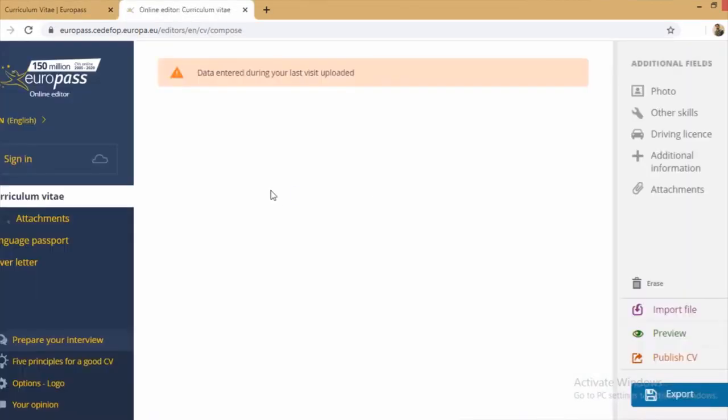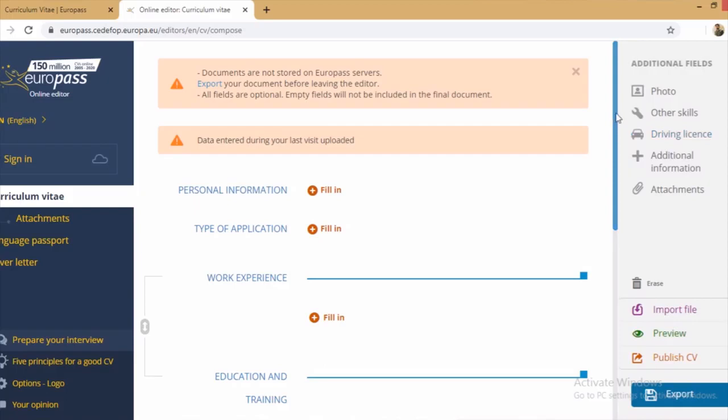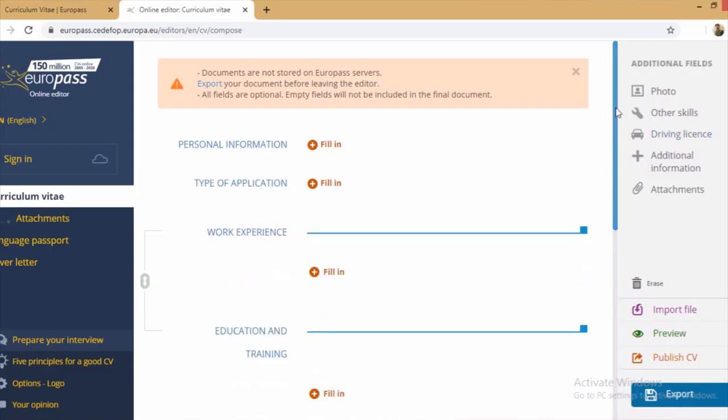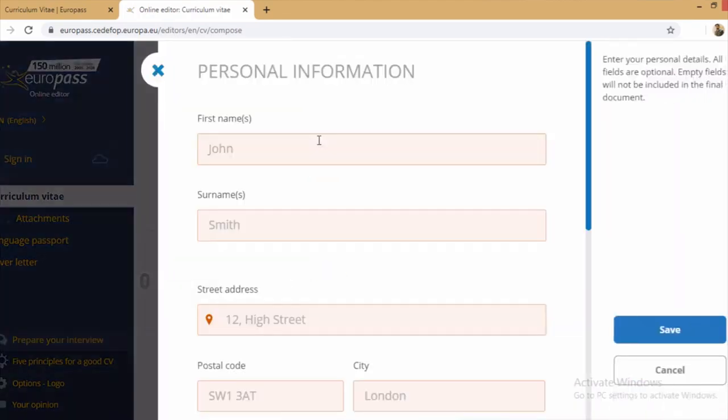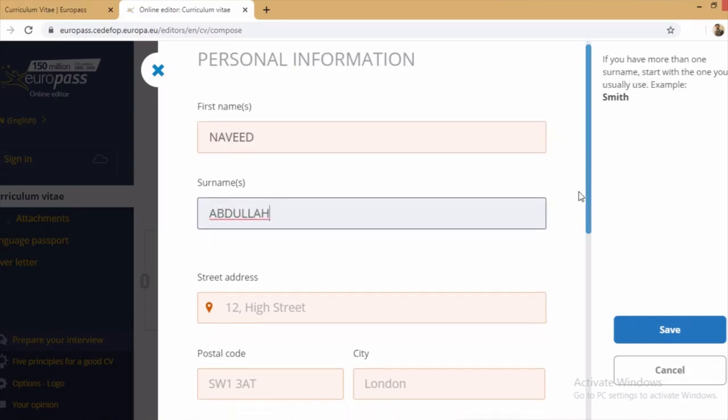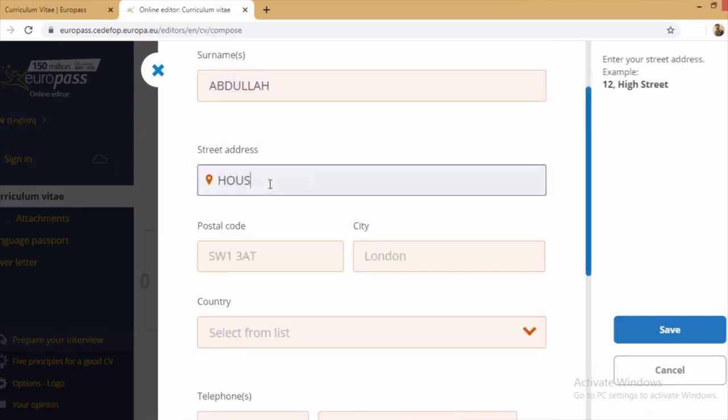So here is the online CV editing library or a portal. So first you have to fill your personal information. Your personal information includes your name, so I'm writing my name over there, and then after my name you have to enter your house address or your street address where you live.